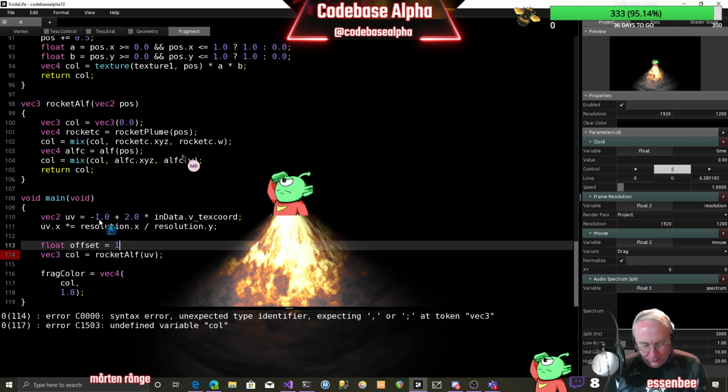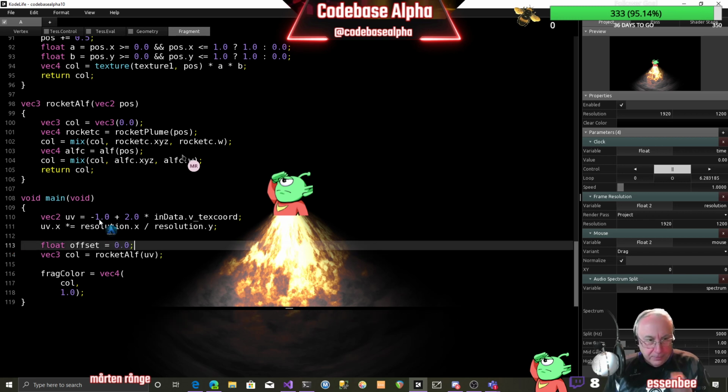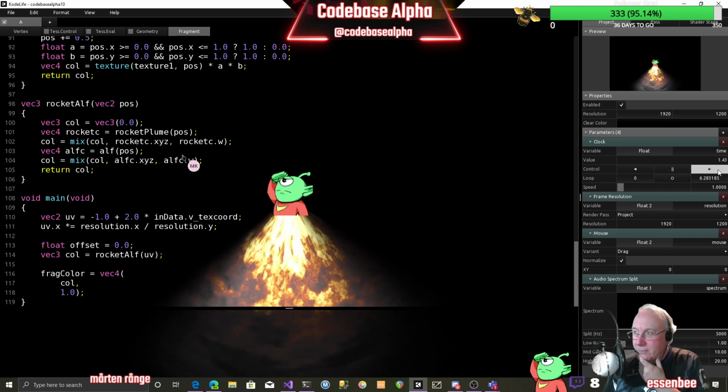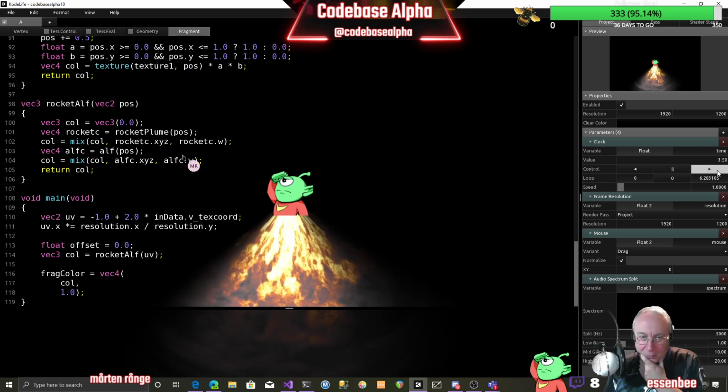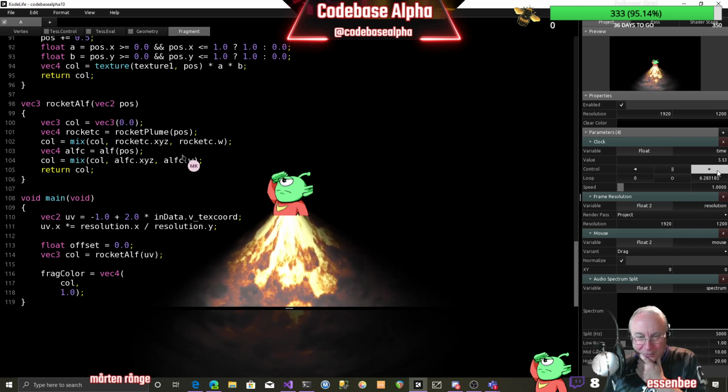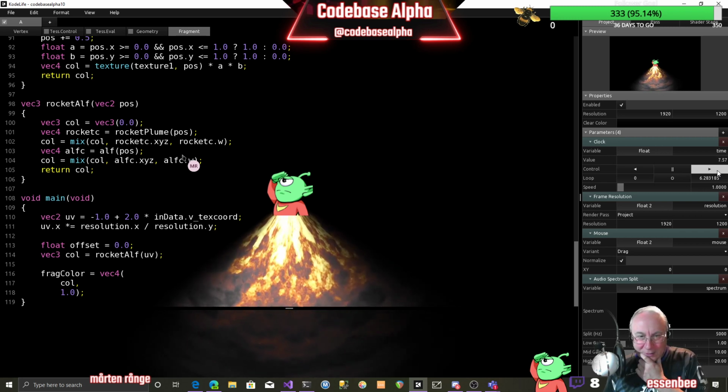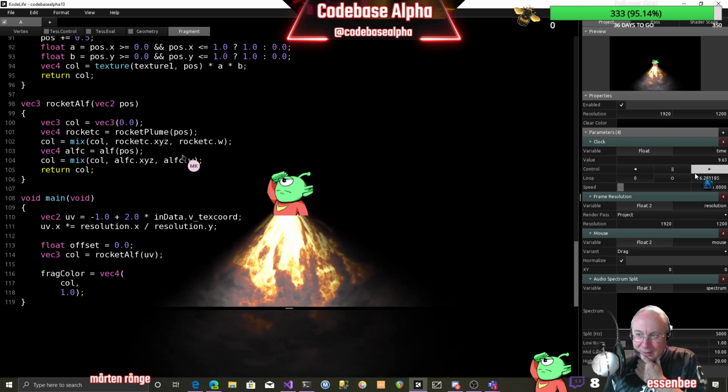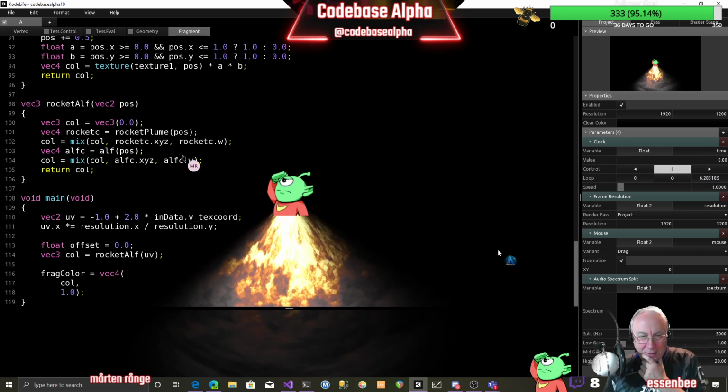Let's start with 0. Okay. And then we add, you have to show Brandonius how it looks when it's animated. So you click the play here, I think. Yeah, so we got the rocket plume coming from Alf. So we're going to make him fly upwards. So reset it back to 0. So if you then add this offset on the y-axis to UV,